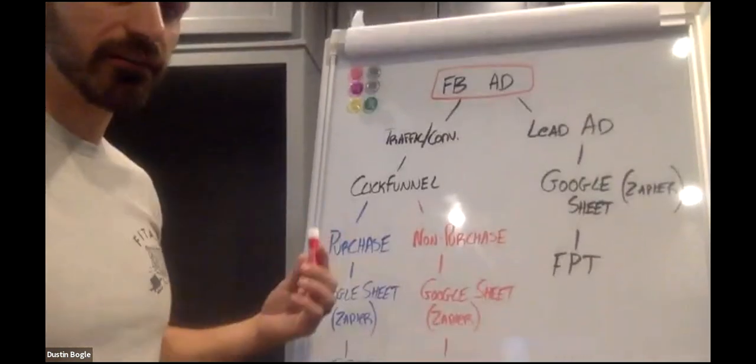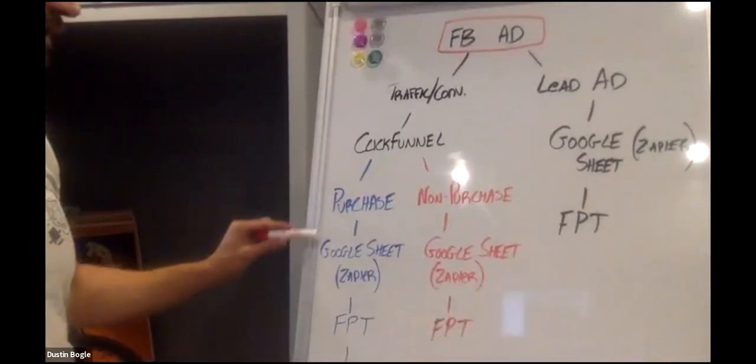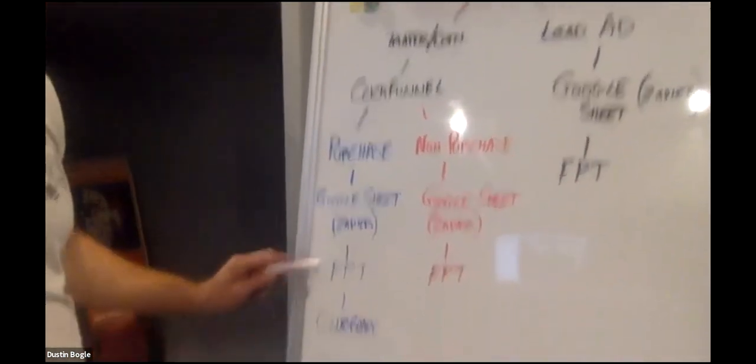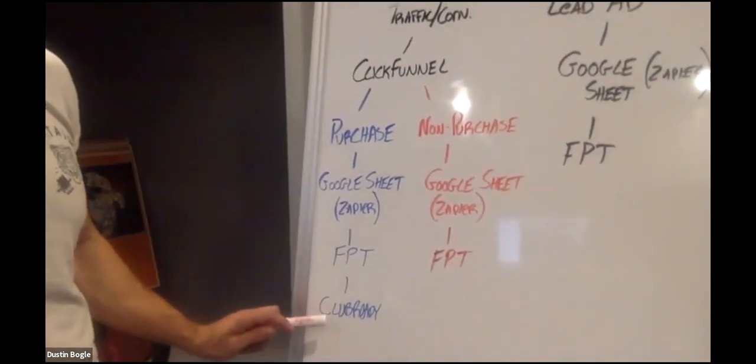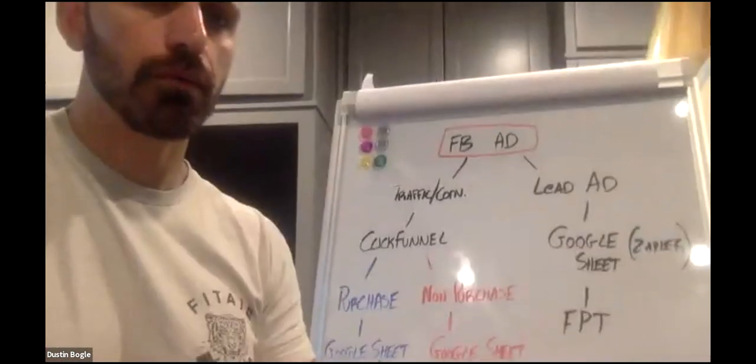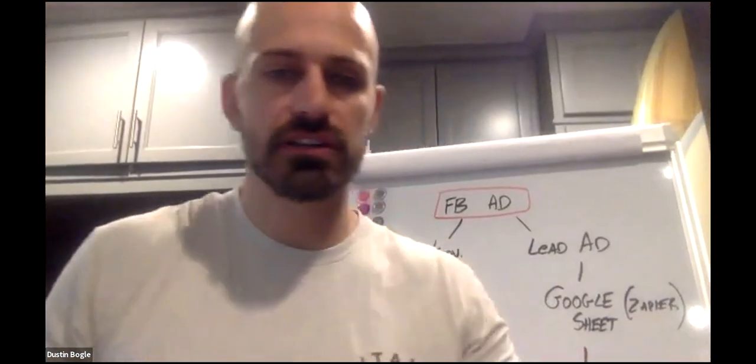All right. So everybody follow there. Purchase, non-purchase. They both go on a Google Sheet. They both go into FitPro Tracker if you signed up for that, and only the purchase will show in Club Ready. The non-purchase will not, and that's for obvious reasons. They didn't purchase. So that is the flow of those systems. Like I said, the only thing that I didn't put on there was FitPro newsletter, but we did discuss that if they're in Club Ready, they did purchase, then that means they're in there.